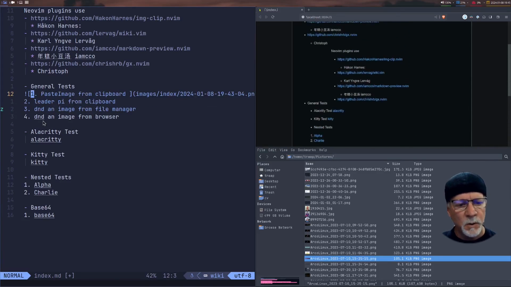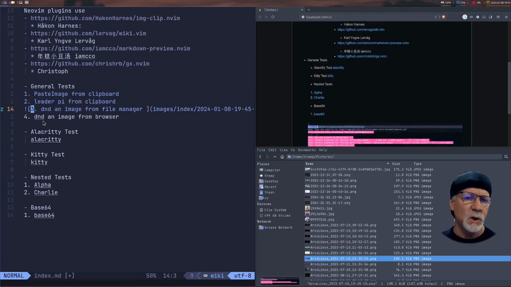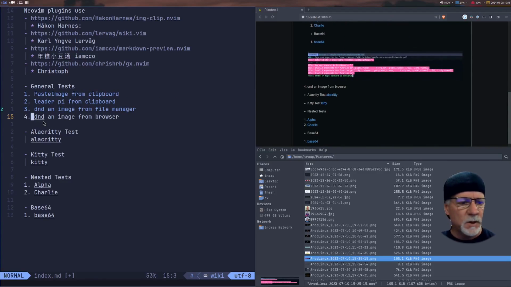more sense. Now notice what I am doing is I am including the number in the link. I don't have to do that. I've just chosen to do it that way for my documentation purposes. Now, we grabbed a file from the file manager. Now what we're going to do is we're going to just grab a file off the